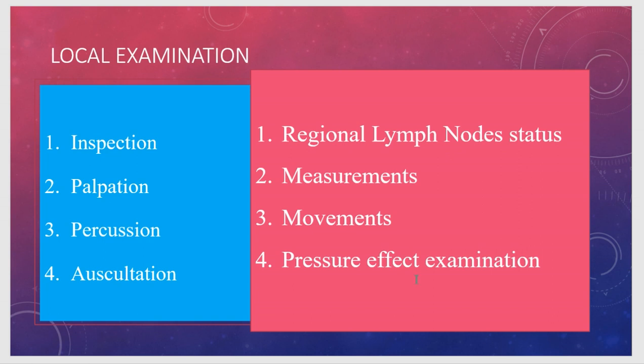The first, in this box you can see, we are having 4 important things. All of you know probably. The first part is inspection, followed by palpation, then percussion and auscultation. So these 4 important parts, almost all of the patient or most of the patient, they must undergo these subheadings under local examination of any patient. In any medical branch, these 4 important things are always there.